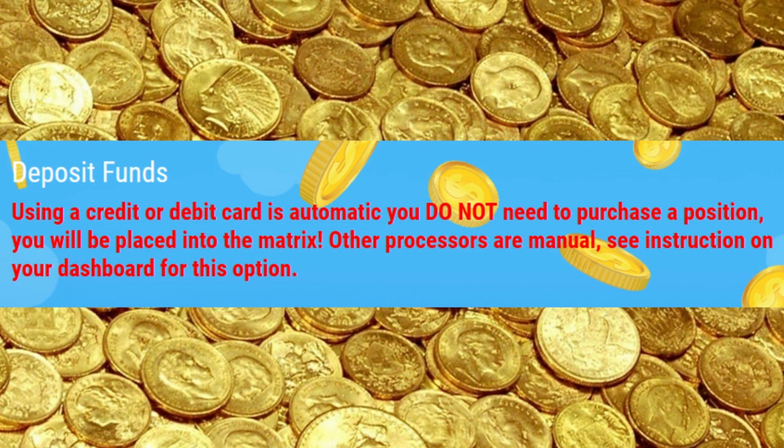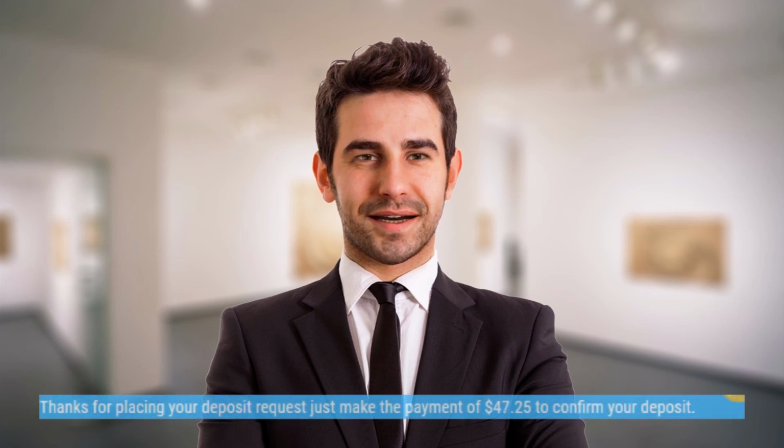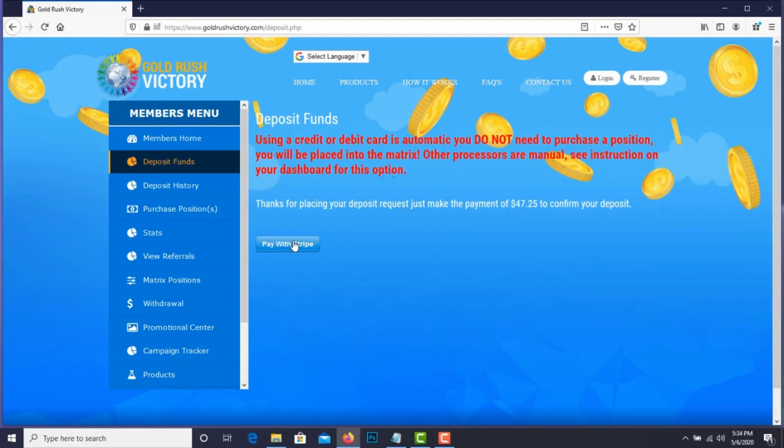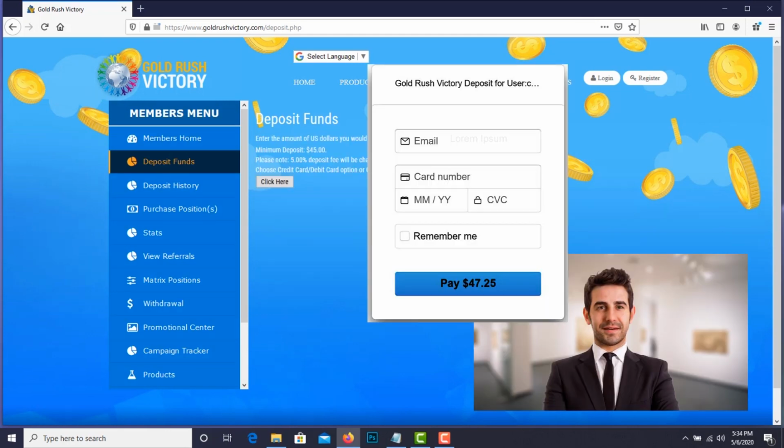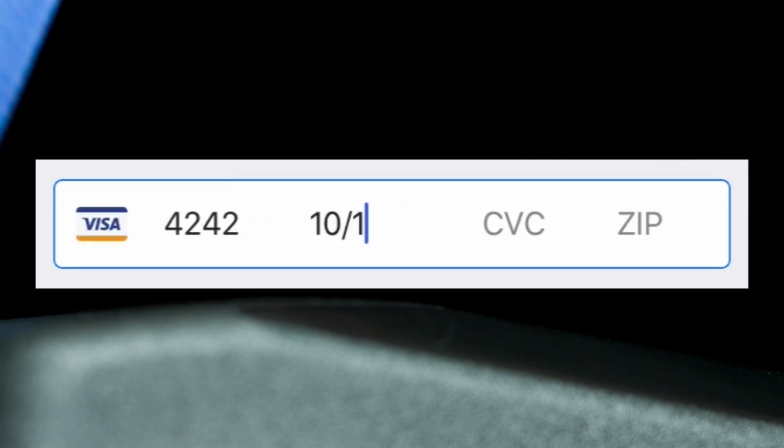Credit or debit card is automatic. You do not need to go to purchase a position. You will automatically be placed into the matrix. A processing fee is added to bring the total charge to $47.25. Once I click on Pay with Stripe, I put in my email, my card number, month and year of